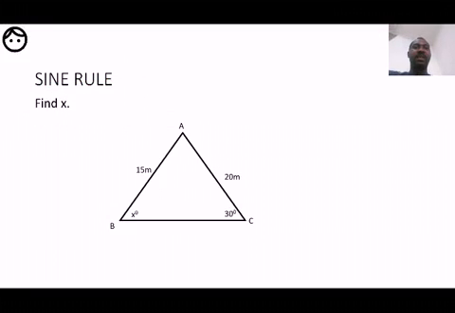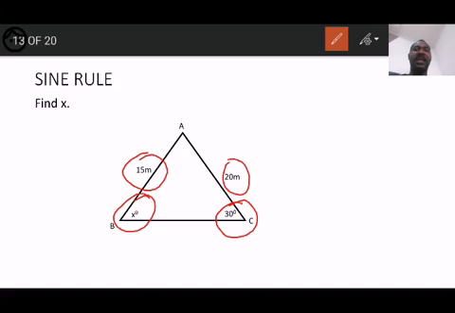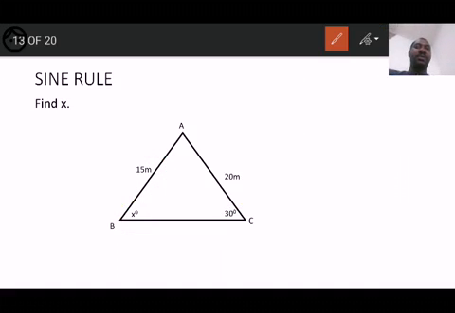Now, if you look at this, we are asked to find x. This is one way to solve sine rule. You can see that the angle is unknown, but the side facing the angle is given. And this angle here, and this is the side facing the angle. So in sine rule, both sides must face angles, just like we have here. So from our rule, we can say that sine 30 degrees all over 15, which is the side facing it,